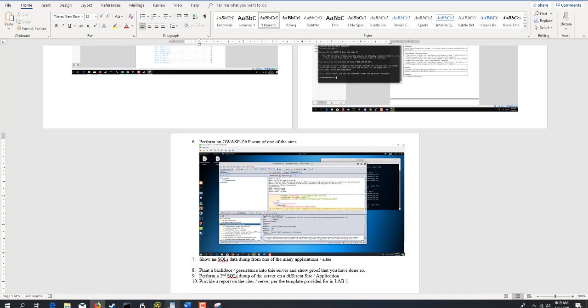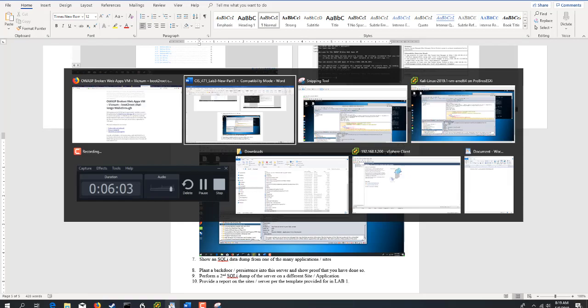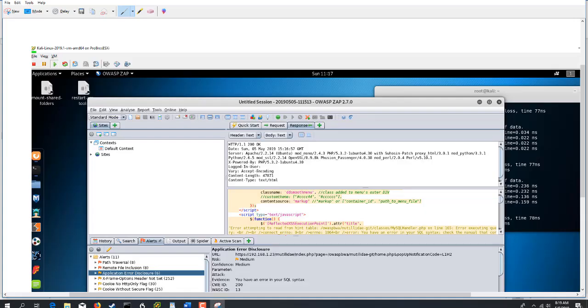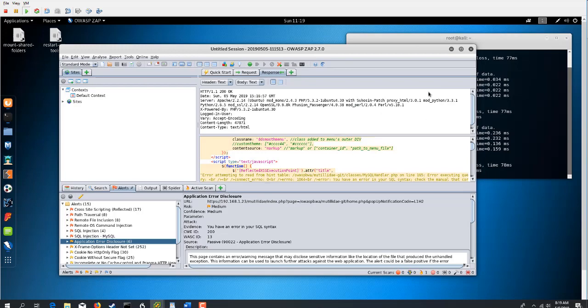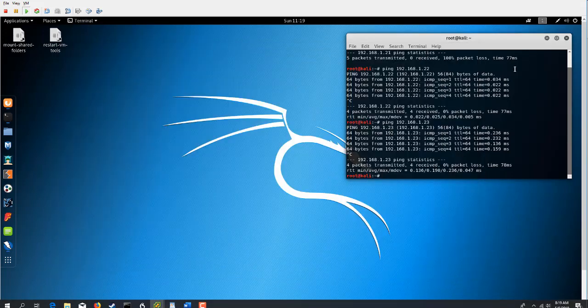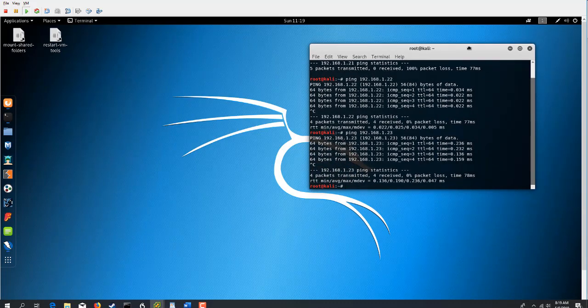So I'm going to skip back and forth between my Kali box and my snipping tool and all kinds of other stuff here. There we go. So I'm just going to minimize OWASP, let it do its thing on Mutillidae. And you can take a snapshot of that or a screen capture of that anytime you want. And I'm going to come back to my